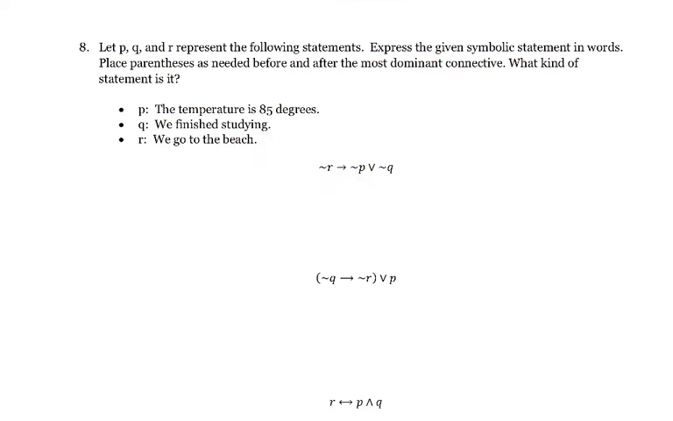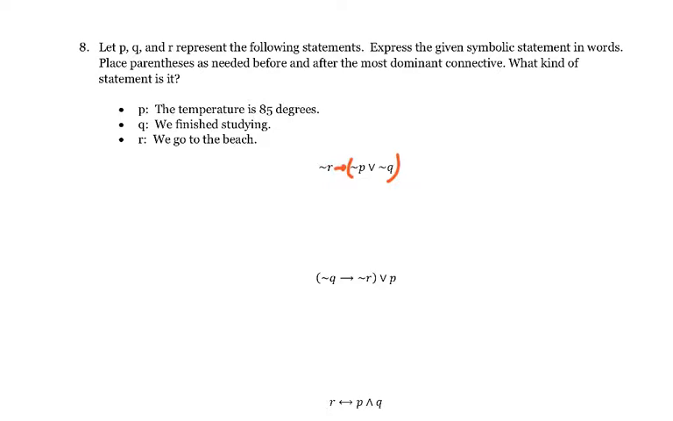Okay. Last few, I'm only going to do 2 of them. In this case, we're going to determine what kind of statement it is. We're going to put parentheses as needed before and after the most dominant connective. And we already have these same statements as before. So the most dominant connective is the conditional arrow. And so we need parentheses around this disjunction. So writing this conditional statement, we would have